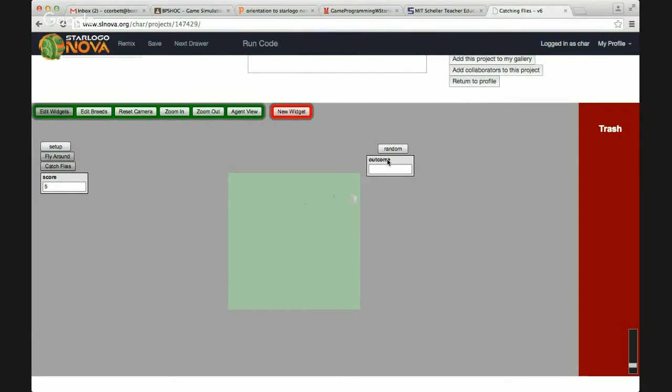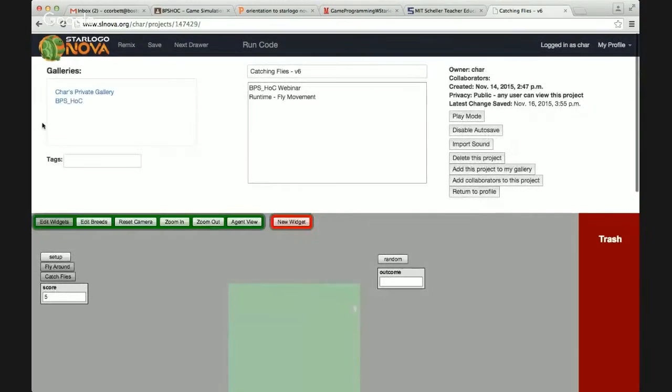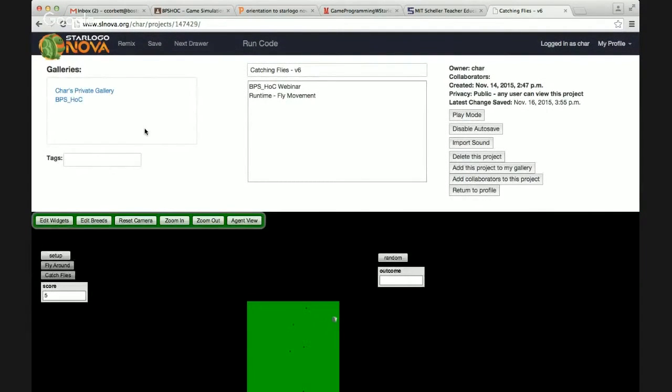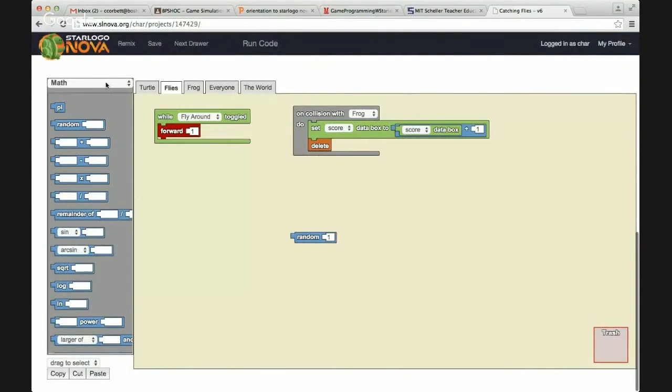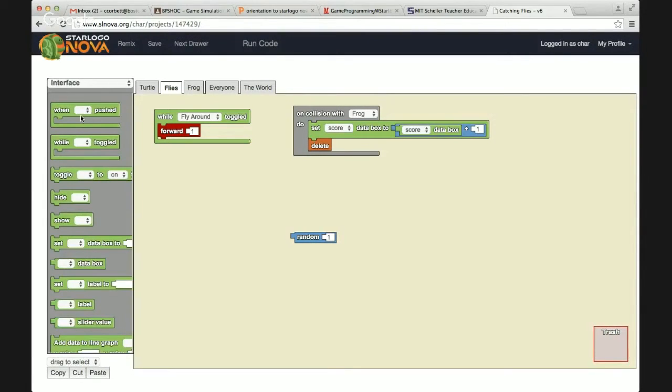And put it over here. Then take off the edit widgets. And here, when random is pushed, interface. It gets confusing after a while. Set the data box outcome to